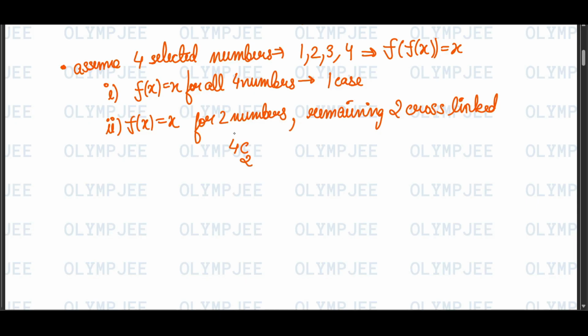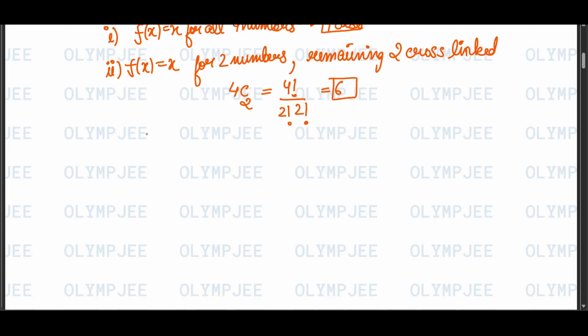So this will automatically fix the other 2 numbers which will satisfy f of x is equal to x if we select the 2 numbers which are cross-linked. So this will become 4 factorial by 2 factorial, 2 factorial, which is equal to 6, right? And the third case is when